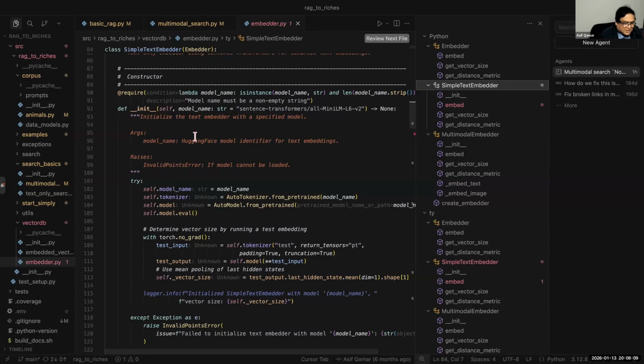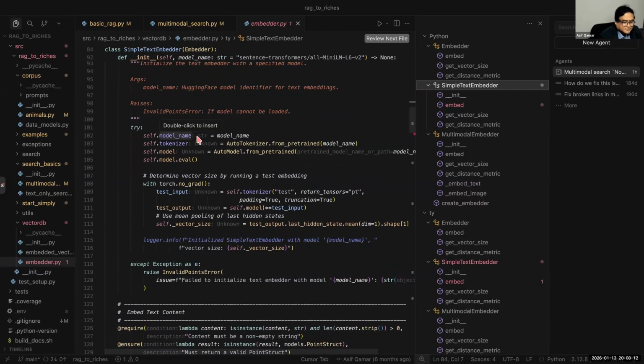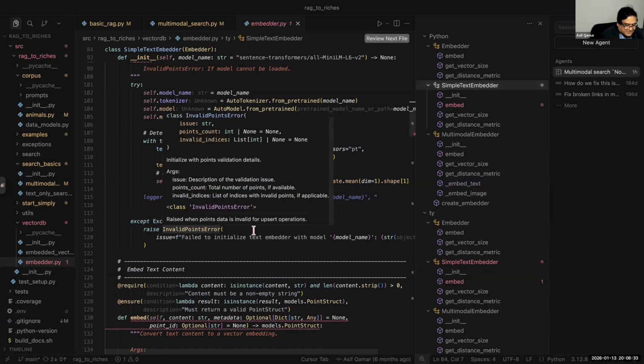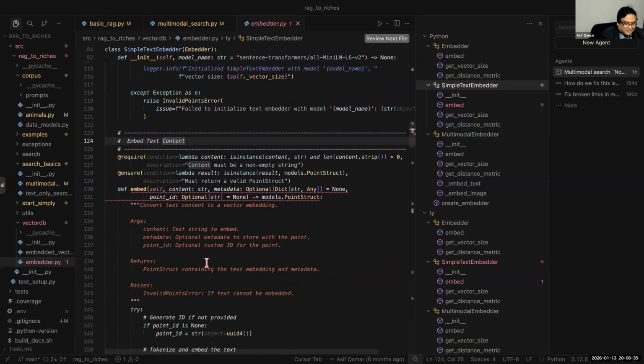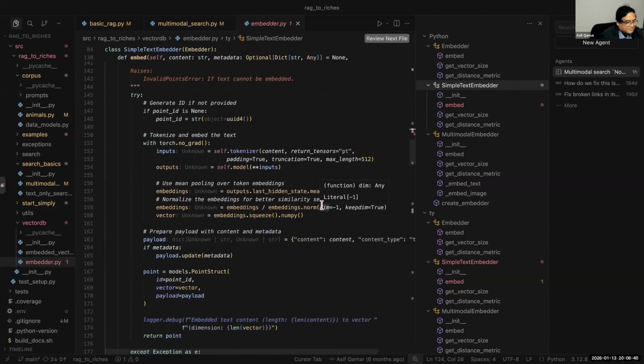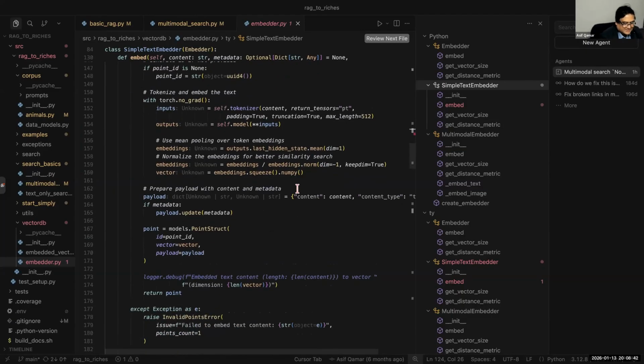So let's read this code a little bit carefully. What is it trying to say? It is saying the text needs to be broken up into tokens, words, and so on, because it turns out that there's a bit of machinery involved. We won't go into it. But at the end of it, you give it to the model to convert it into an output. What embed will return for you is a point, a vector. Remember, a point in the vector space.